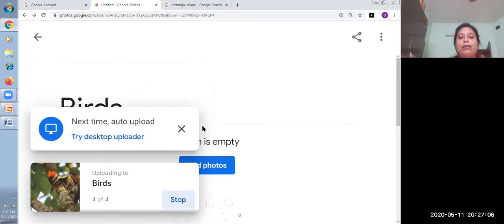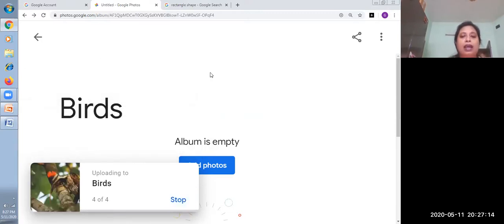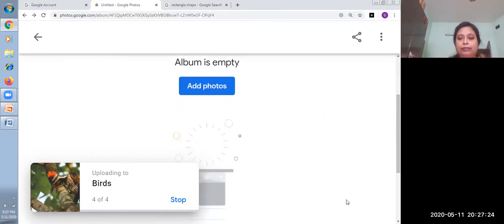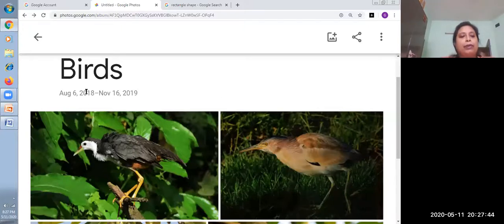So once you have uploaded the photographs, now you can see the album. How to see this album? Now we are done. Four photos are uploading. So we have uploaded 4 photos. Check on the album. This is actually the account details. This is the description of the album we have got, and these are the photographs we get.